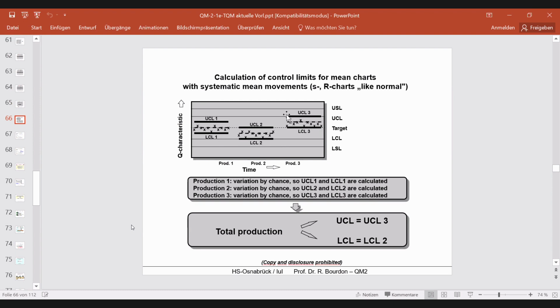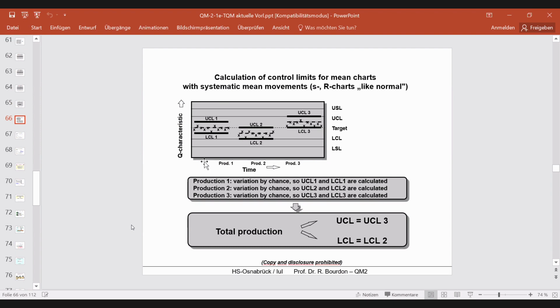And then they take the biggest, the maximum control limit and the minimum control limit for the future. So this means there can be a jump, there can be a drift or a variation of the mean value from production to production. But if it is inside the specification limit, then